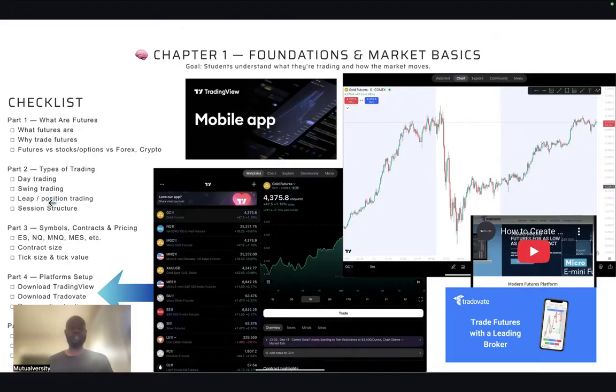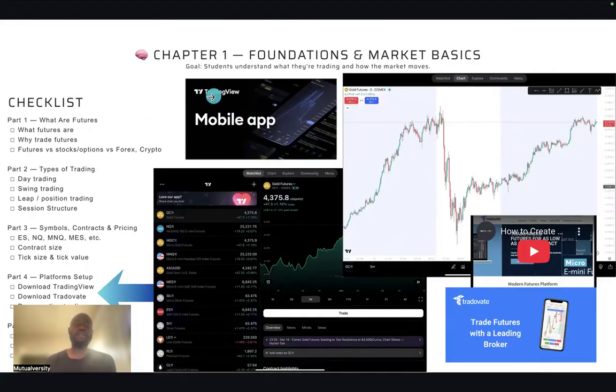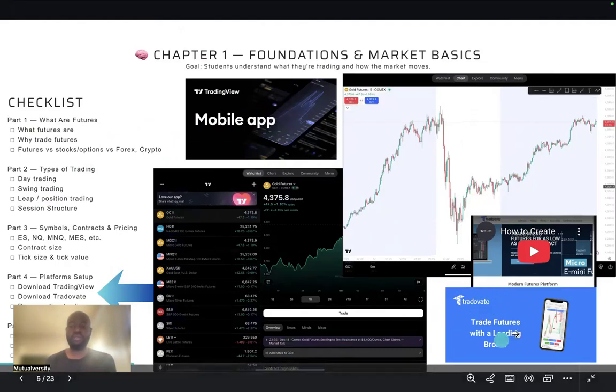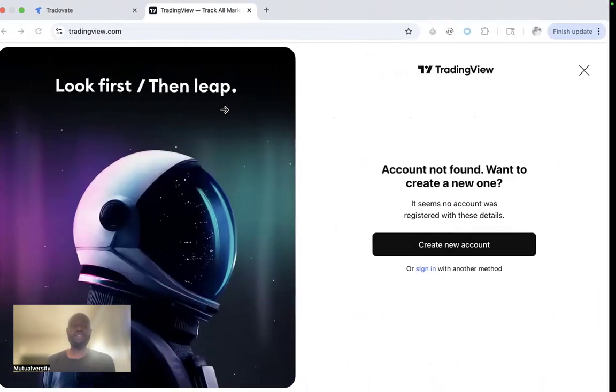So we're going to now move to the different apps that you're going to need. The main one that you need will be TradingView and TradeOvate. TradingView will be your charting platform, and then TradeOvate will be your broker, where you would deposit money and also withdraw money. So this is where you would deposit and withdraw money so that you can trade within TradingView. So if you go on tradingview.com,